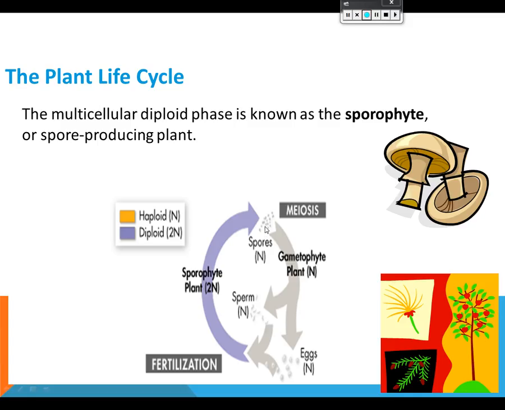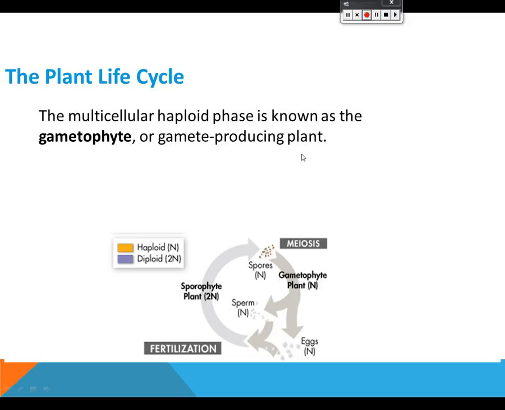Spores are just one set of the gamete. Those spores are going to start to copy and copy through the process of meiosis. Eventually, those copies are going to be the multicellular haploid phase of the plant, the gametophyte,